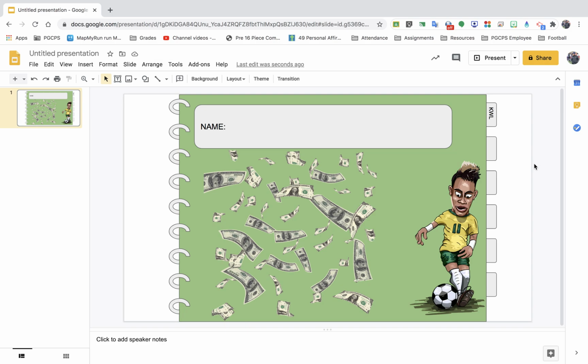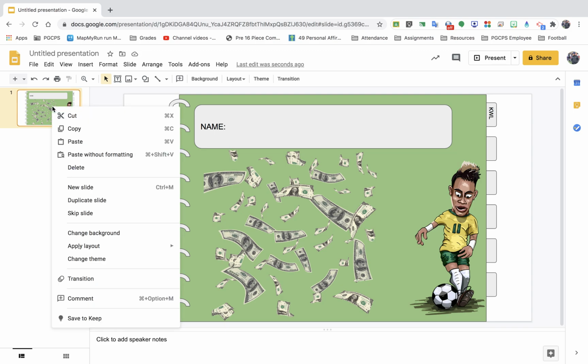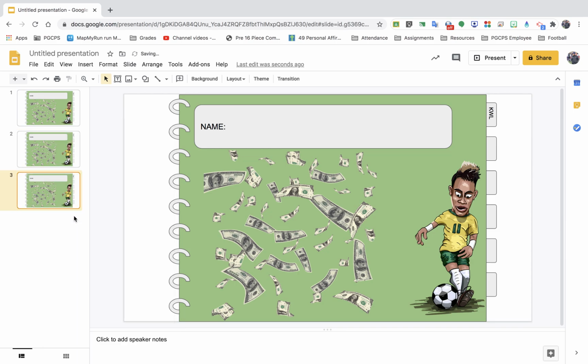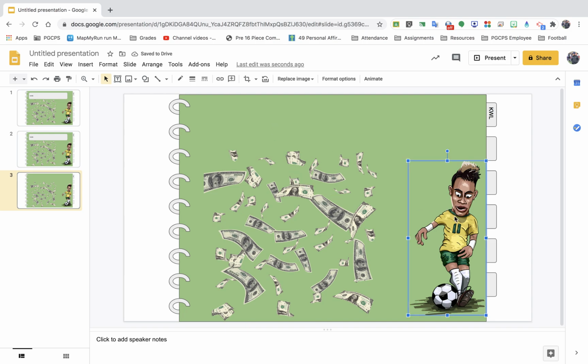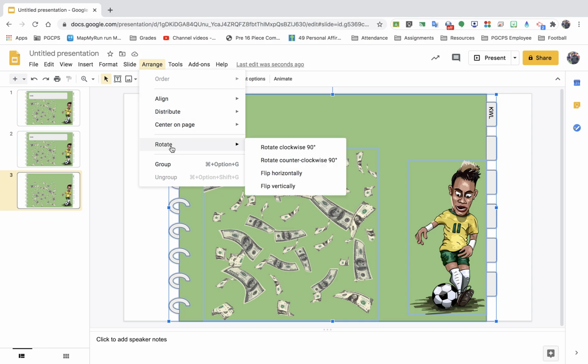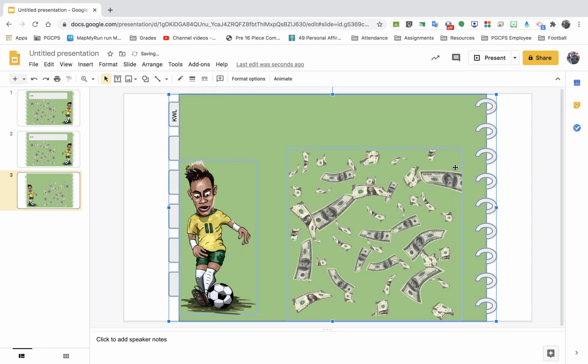Now let's say, for instance, I want to now build the rest of it. So now I want to right click this one, hit duplicate. I want to right click it again and hit duplicate. But this time I want to get rid of the name tag. And I want to get rid of, no, I want to keep the soccer player. So now I want to highlight everything on the page. I want to go to Arrange, Rotate, Flip horizontally. So it kind of now looks like